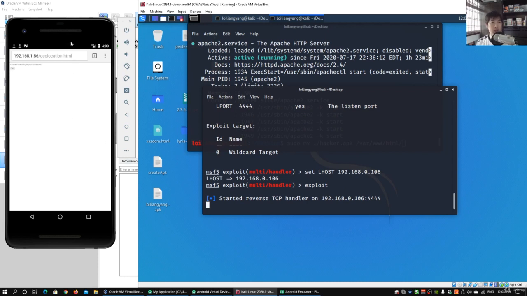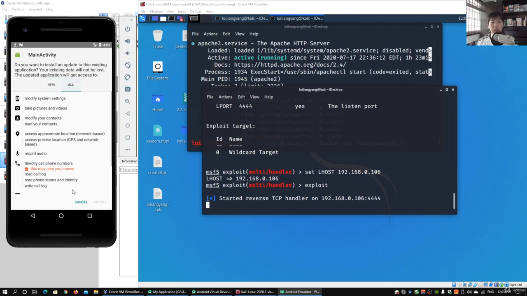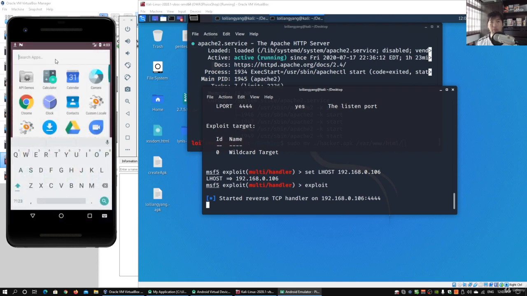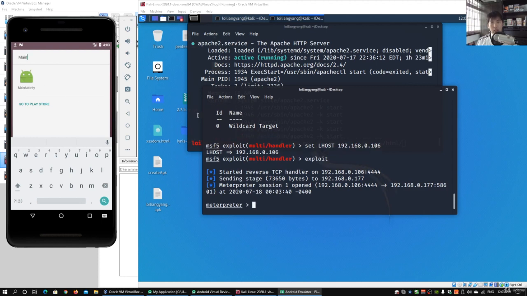So we're listening right now, and we actually already have the software installed. If I click onto the hacker APK, you can see that this is an installation update to the existing application. So we have already installed the application. All I've got to do is go back into the mobile device, go into the application page, and search for main activity. Again, the naming, the logos, the look and feel of the application can be modified, and we will discuss how we can embed such payloads into different kinds of APKs or applications. All right. So here I'm just going to click on main activity,